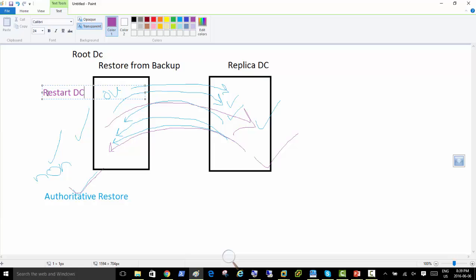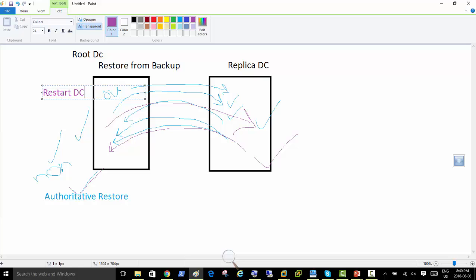Do we know what Active Directory Recycle Bin does? Do we know that? Active Directory Recycle Bin? This is clear, right? Did we do Active Directory Recycle Bin in 7411? Why do I always ask that? Am I not supposed to know that? Okay. Anyway, did we do